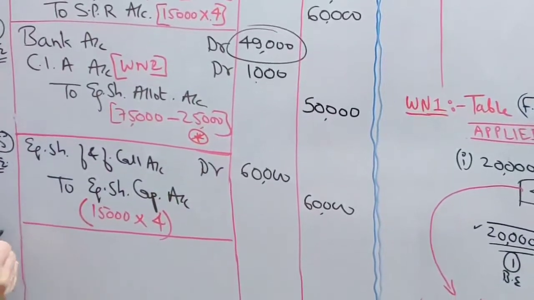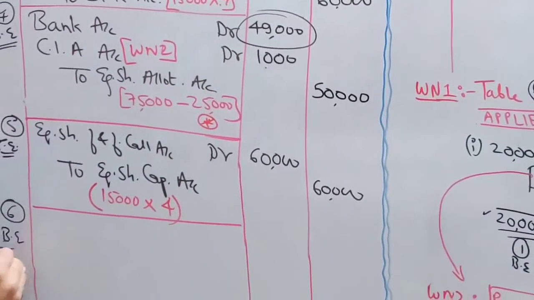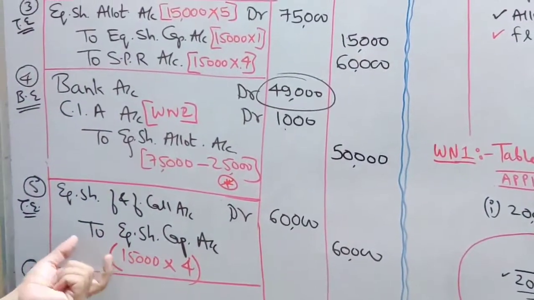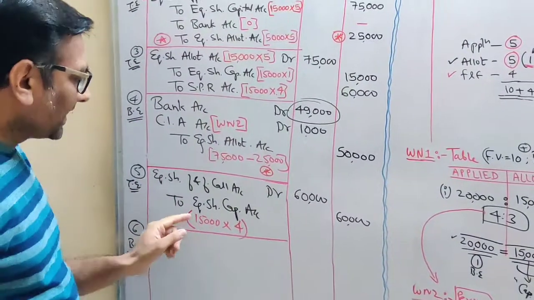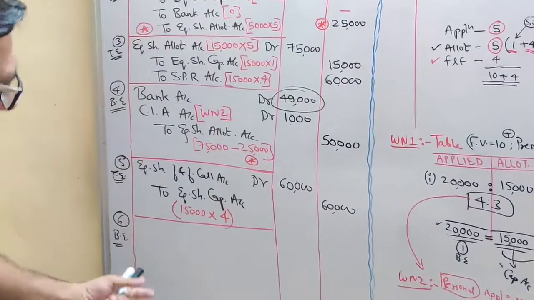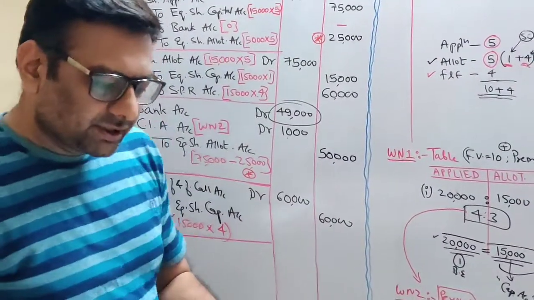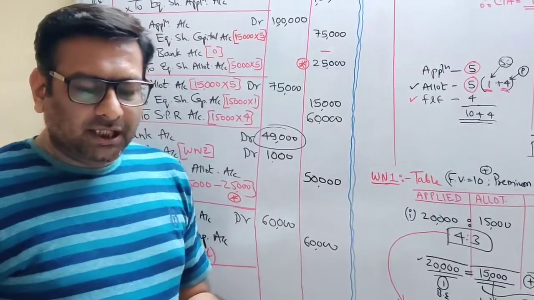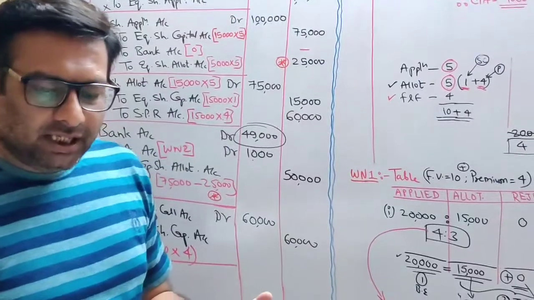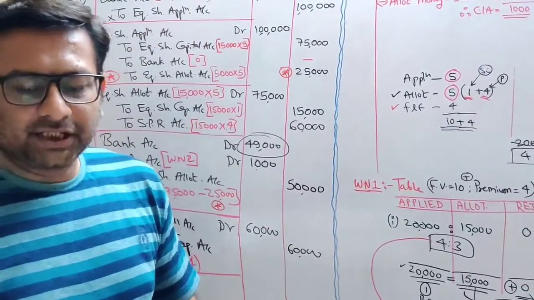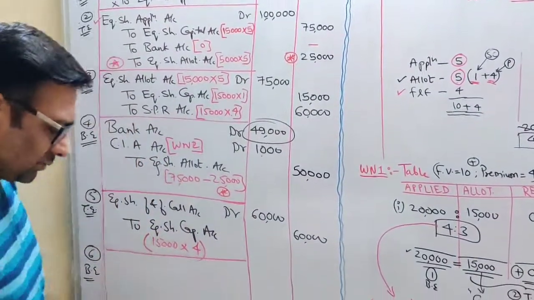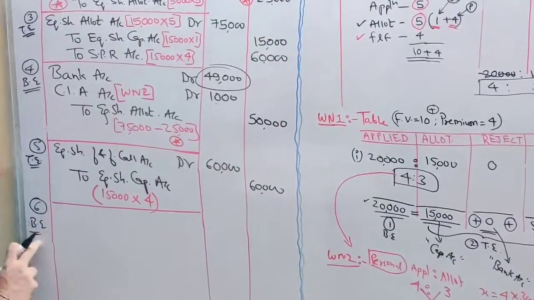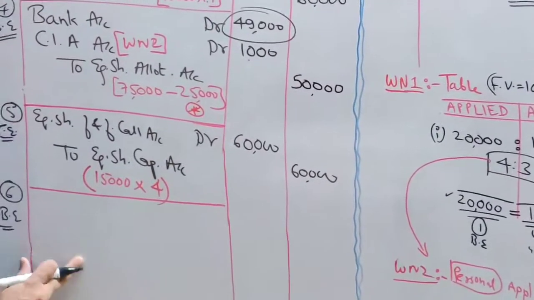Now you will be passing the bank entry. Before passing this bank entry, let's read the question. Has Mr. Ashutosh again made arrears at the time of final call? Then we have to show the arrear of Mr. Ashutosh. I read the question. He did not pay the allotment money. The company also made the final call, and again there is an arrear made by Mr. Ashutosh. So Mr. Ashutosh again didn't pay the arrear money. So again I am going to pass the bank entry with the arrear.